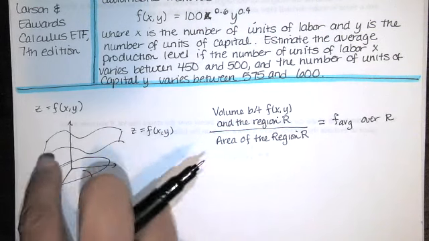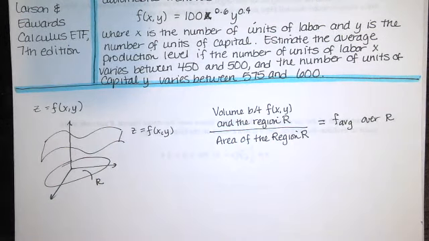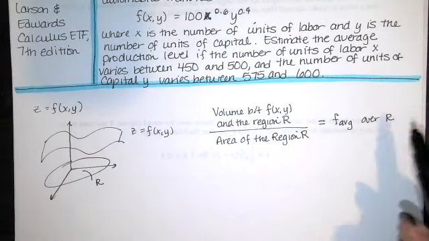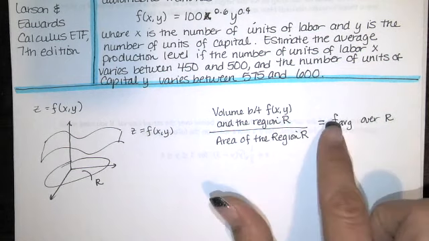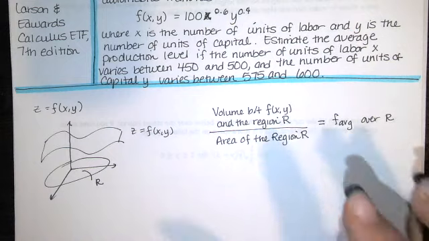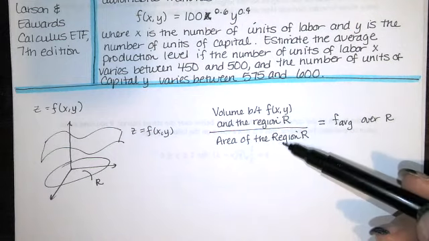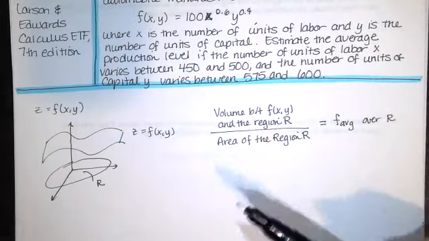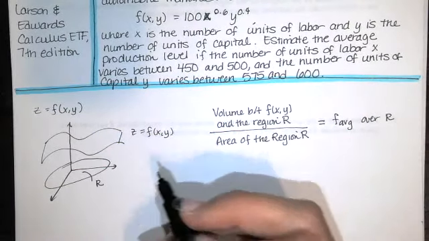So it's as if we took this surface, which is varying, and we replaced it with a horizontal plane. We want to know what the equation of that horizontal plane would be. What is the z value for that horizontal plane, so that the volume between that plane and that region R is the same as the volume under the surface? That's how we find f average